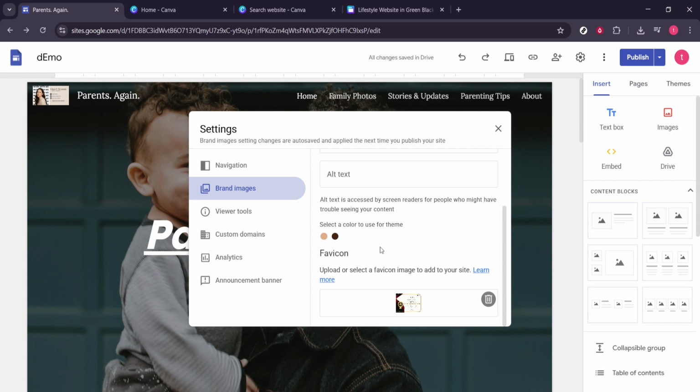That's all there is to it. Go to your site and hover to reveal the branding option, click Add Logo to open the Brand Images panel, and then click Upload on favicon to select your icon. With just that, your Google site